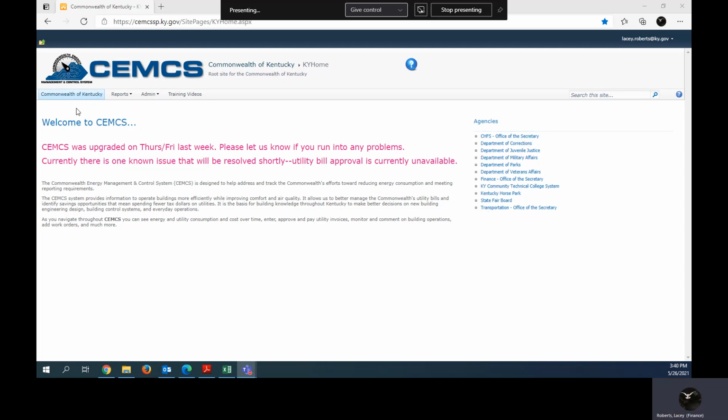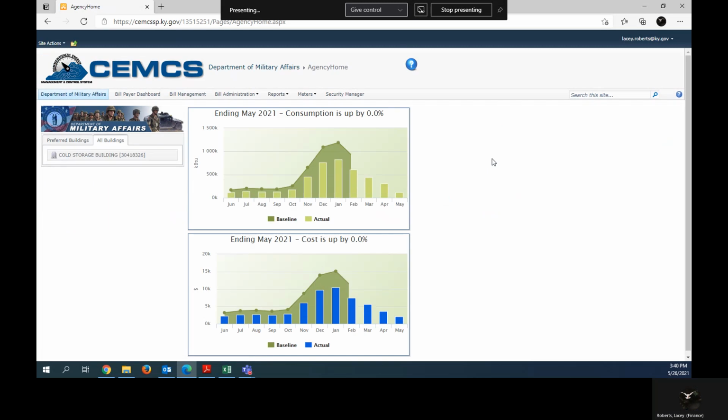So I'm starting here. This is what you see when you first log into CEMSIS. This right here is just a temporary notice for our update that we just did recently. When you see Welcome to CEMSIS on the right, you'll see a list of agencies that you have access to. I have a list of quite a few, but you're going to select yours. And this training is for the general bill entry user. So most of these forms you enter in very much the same manner. So I'm just going to record a couple and then have them available for anyone who needs to enter bills